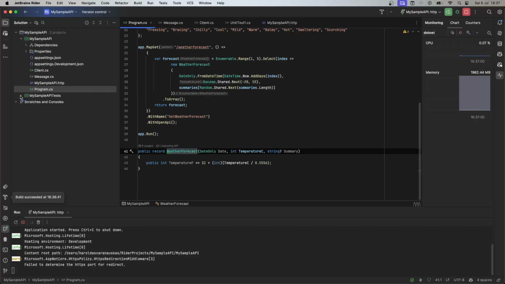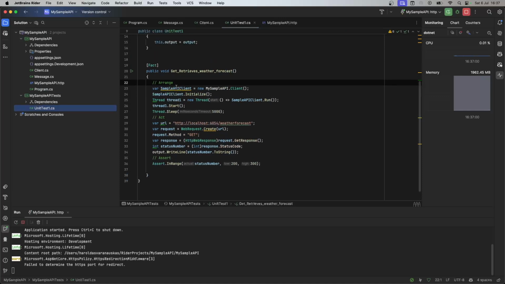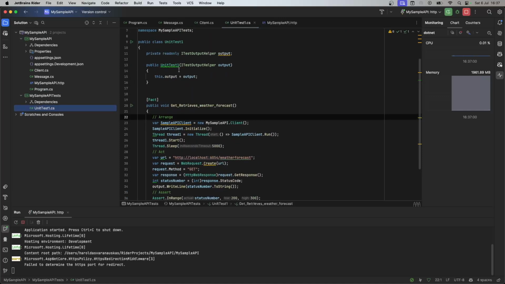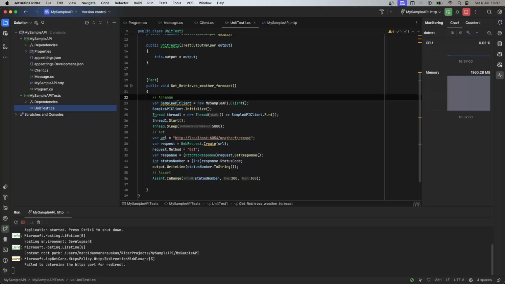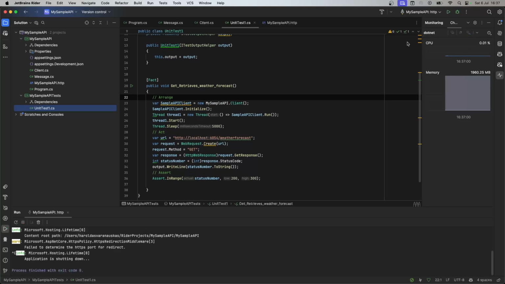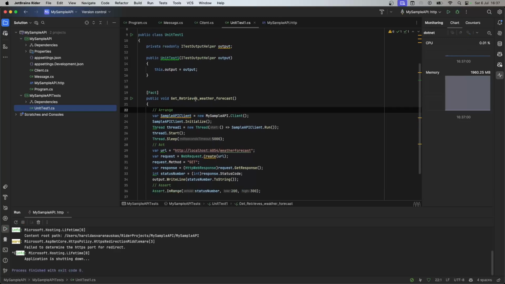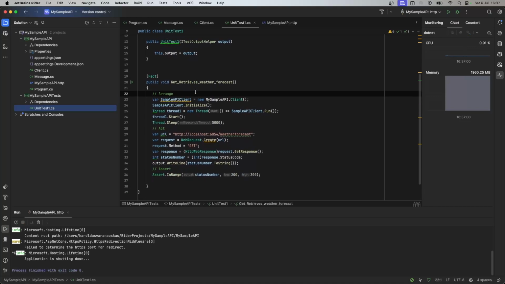This integration test doesn't really follow best practices, but I just want to use it as an example. It is using the same arrange, act, assert pattern and is testing that it is possible to make an HTTP request to the weather forecast endpoint and that it returns the status code 200. In a more realistic example, it would be testing the integration between the database and the endpoint that is exposing